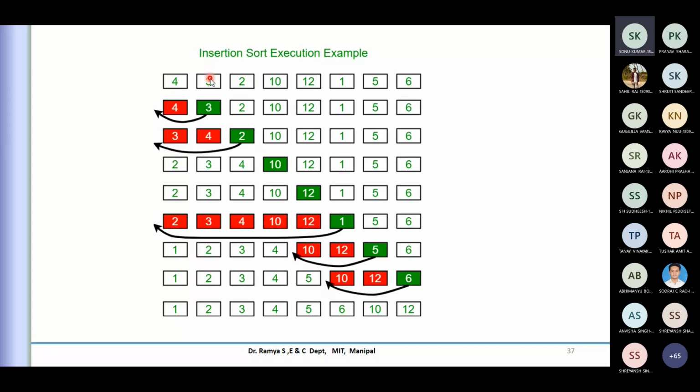As we mentioned earlier, we start from the second element. We compare the second element with the first element. Always start from here. The requirement is ascending order, so we need to put the smallest one first. We compare, and 4 happens to be greater than that, so this will be pushed, inserted.